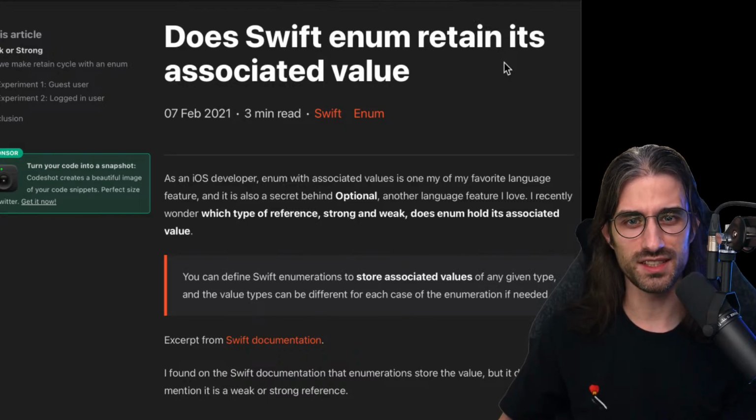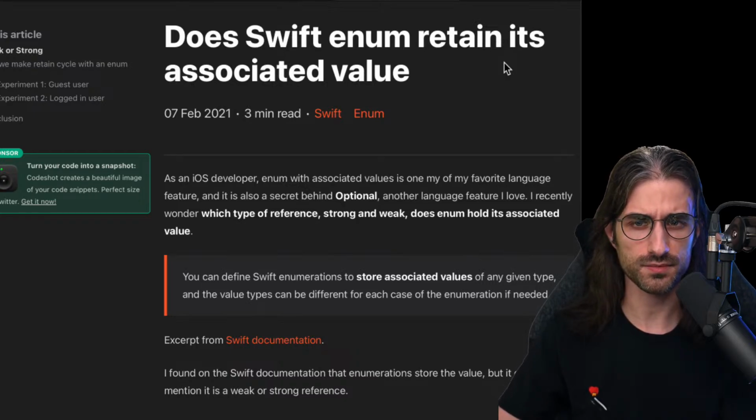Before we start reading the article, if you are watching live, maybe you can share your opinion. I'm going to share mine. I would say yes, because in my mind, an associated value is just a property, declared on a case of an enum rather than on the enum itself. So I would say yes, following this argument.